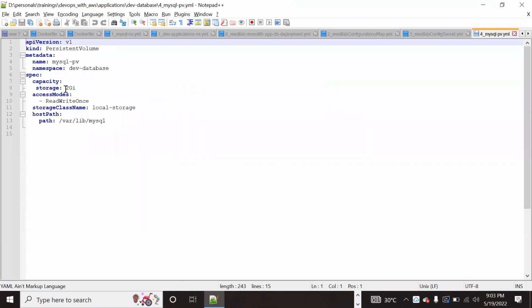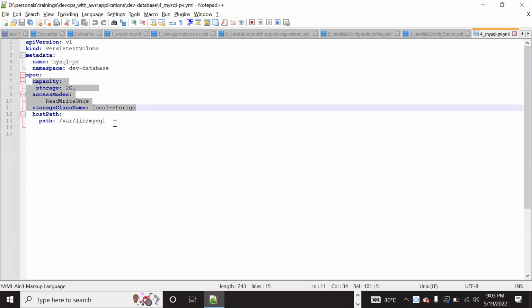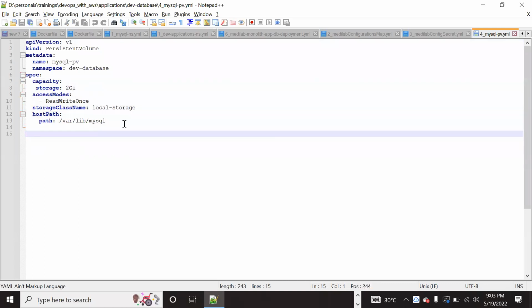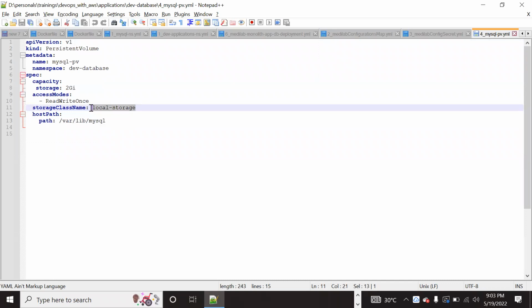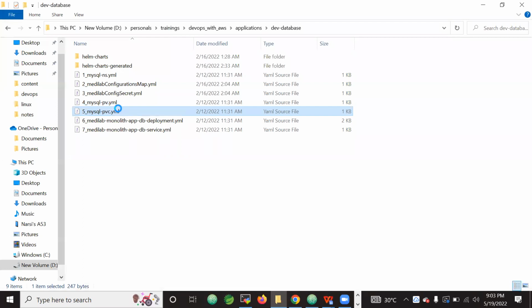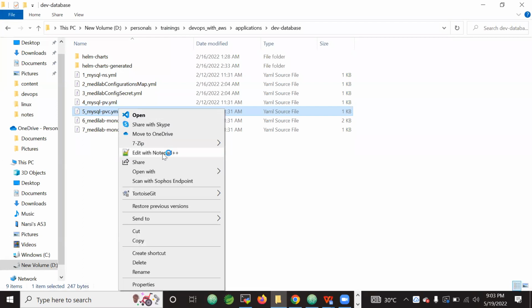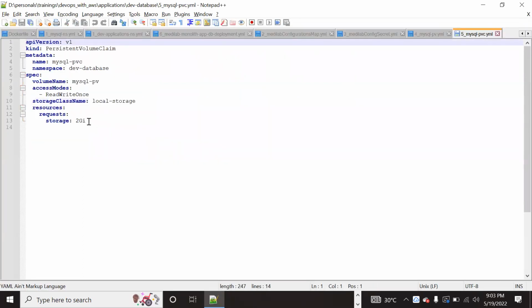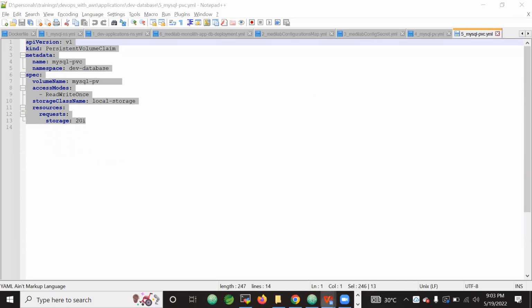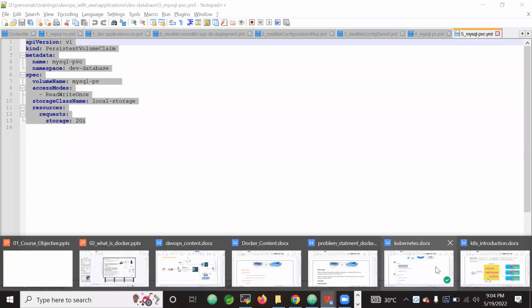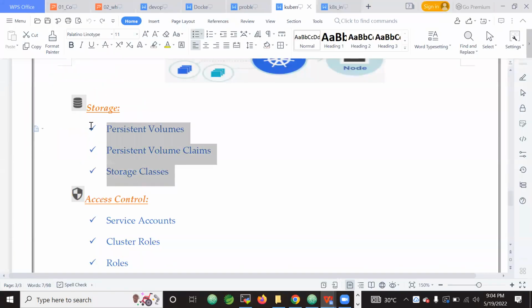So see this. This is the storage location I have given. In that storage location, the data is exposed to this path. From this path, it is exposed to this storage location, right? And how it is exposed is all what we will write here, meaning this is my storage details, so I'm claiming the storage. Of course, this is a little complex topic. I will discuss it when the time comes. Okay, but you can see persistent volume claims and persistent volumes, and then storage classes is what we